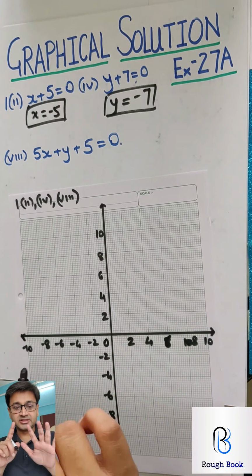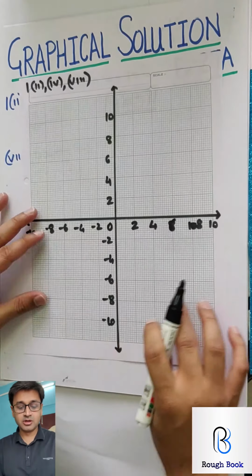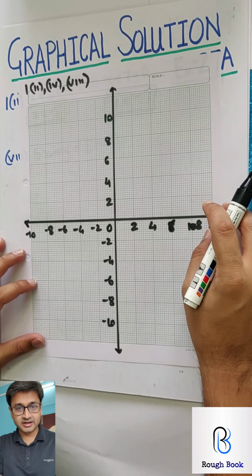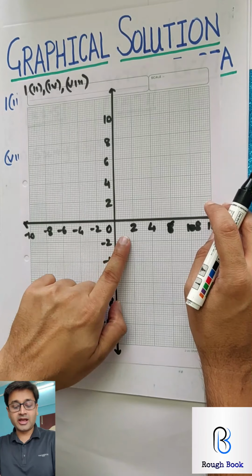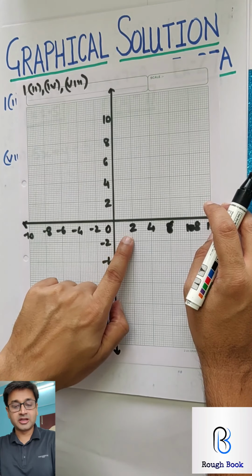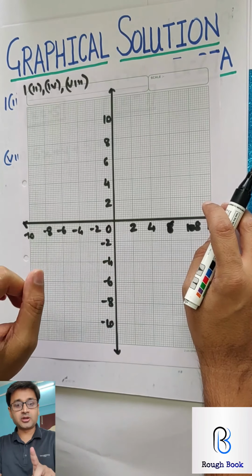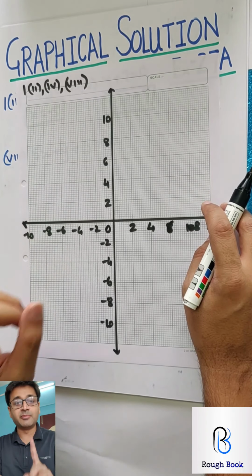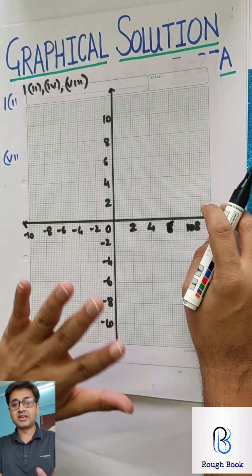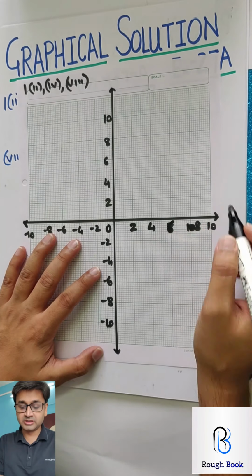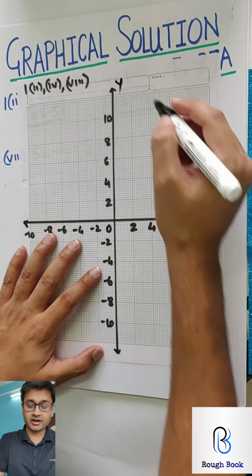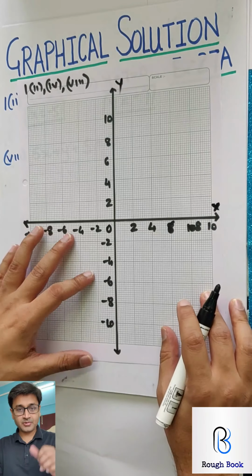I want you to have 6 graph papers like this ready with you. So if you've got 6 graph papers like this ready, you can go at a very good and a smooth pace with me. Take 1 centimeter as 1 unit or 2 centimeter as 2 units. Don't take 2 centimeter as 1 unit unless mentioned in the question. So in this exercise no sums like that. So take everything as 2 centimeter 2 units. Name this as x and y. Now that you're ready, let's hit it.